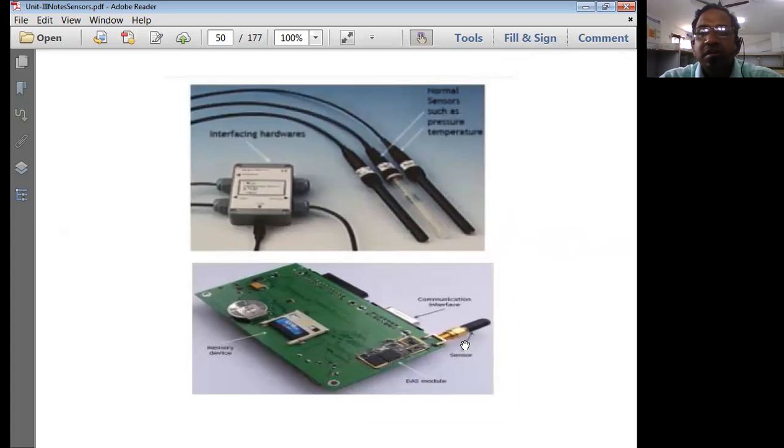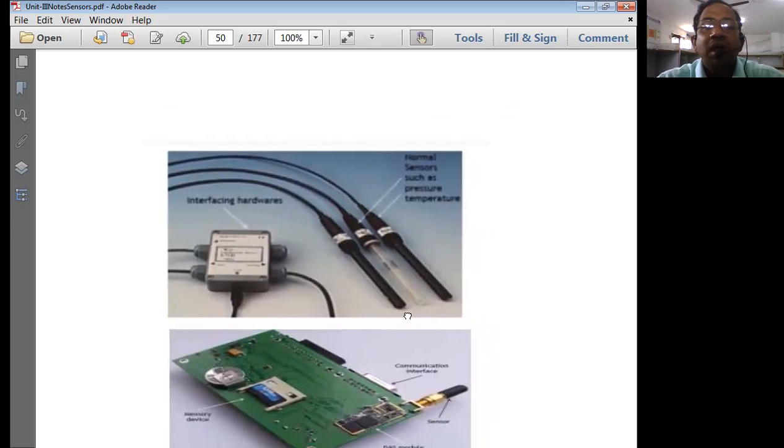But actually, what is the primary sensor? This is the primary sensor. It senses the temperature, for example, and this is then processed by various modules included along with the primary sensor. Such as a memory unit to store the data, an external memory card, and a data manipulation module. We have a RAM area, where we store the programs, and a communication port using which we transfer this data to the external world.